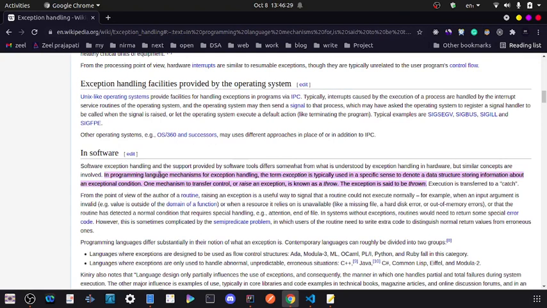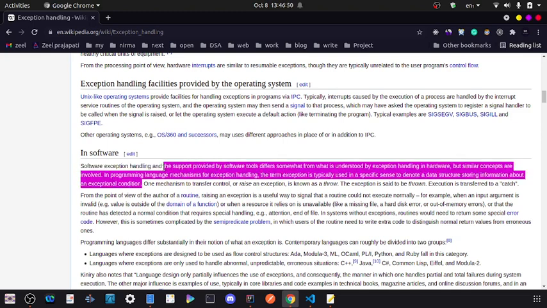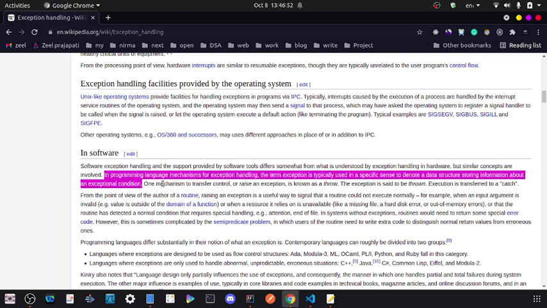Here you can see that in the language mechanism for exception handling, the term exception is typically used in a specific sense to denote a data structure storing information about an exceptional condition. It is a very high-level definition, I guess. I'll read this one line again: in programming language mechanisms for exception handling, the term exception is typically used to denote the data structure storing information